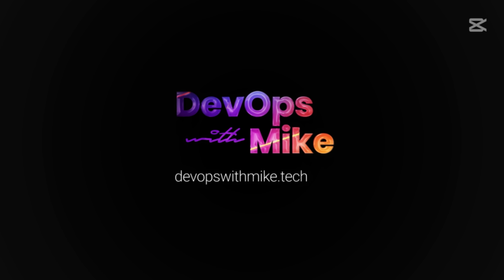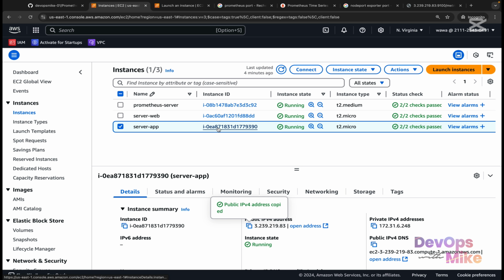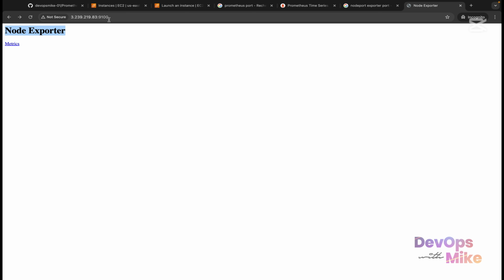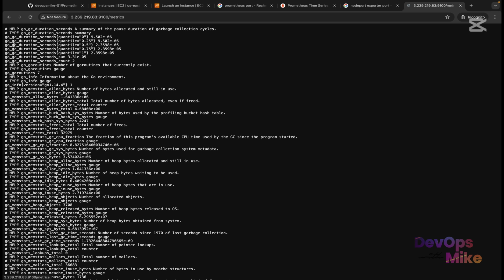Now, while we have Node Exporter enabled on one of our instances, our app server, we will go ahead to configure our Prometheus server to automatically pick the metrics that are coming from this given server. Remember, this is our app server where we've installed Node Exporter, and Node Exporter is able to export these given